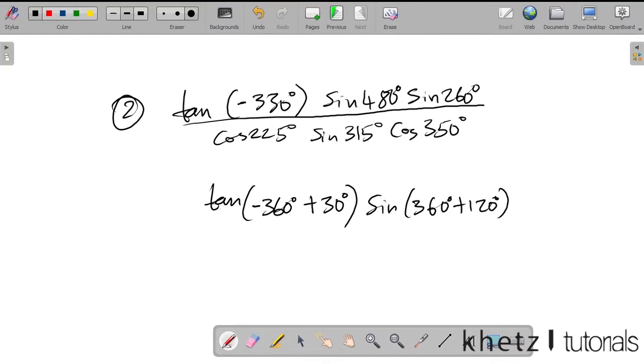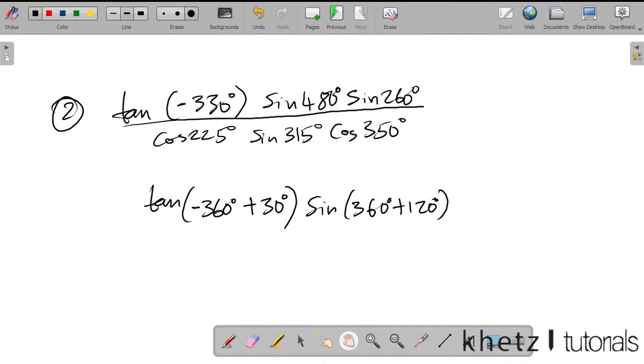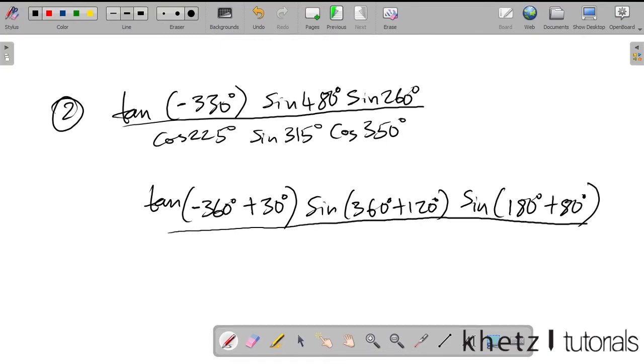And here you'll notice that the next one is 260. So from 180 degrees, you have 80 degrees more. So basically just use the ones which you can form a reference with, and that is going to help you to apply your reduction formulas. So now at the bottom, you have cos 225, which is